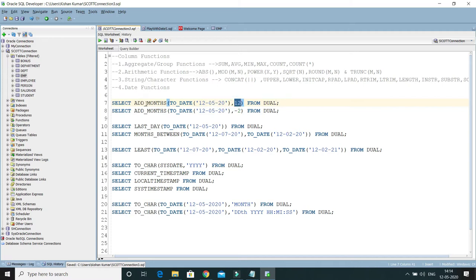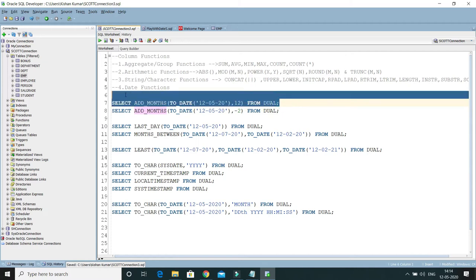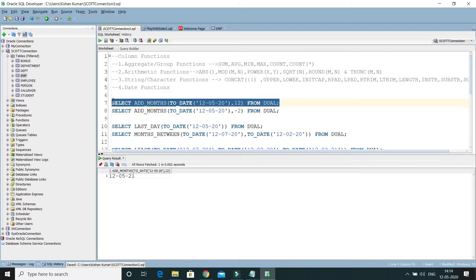If I run this query, we can see the output. The date is 12 May 2000, and adding 12 months gives 12 May 21. So that's add_months.